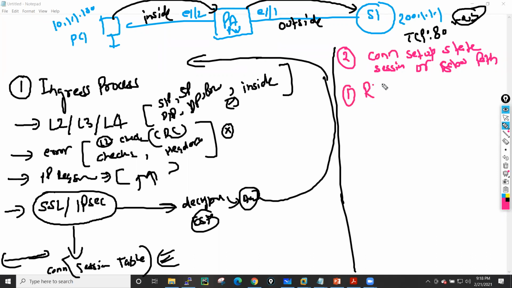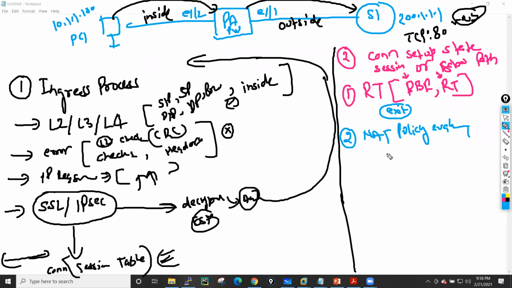Whenever it puts this packet into the connection setup state, the first check is the routing lookup. It will check the routing table. In routing, we have two conditions. If we have policy based forwarding configured, it will check the PBF table first, then the routing table. The PBF table has higher precedence over the routing table. The purpose of the routing check is to identify the exit interface. When the routing check happens, they send the packet for the next check, which is the NAT policy evaluation.